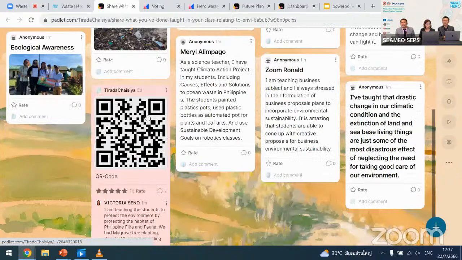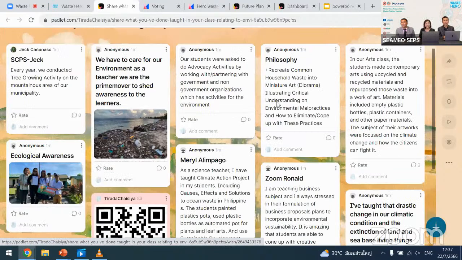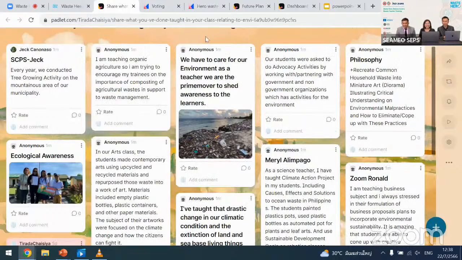Wow, a lot of good things happen here. You can raise your hand on Zoom, and then unmute yourself and express your idea, please. Anyone? Wow, there's a lot of responses. We have heard that in the Philippines there is a typhoon, and right now you're experiencing a huge typhoon. Thank you for being here with us today.